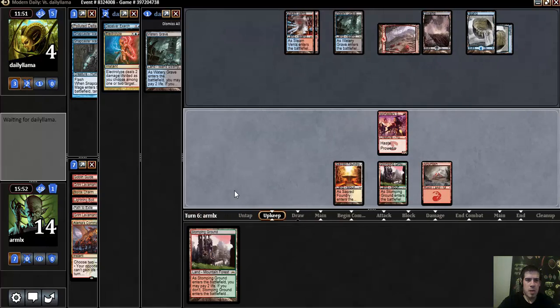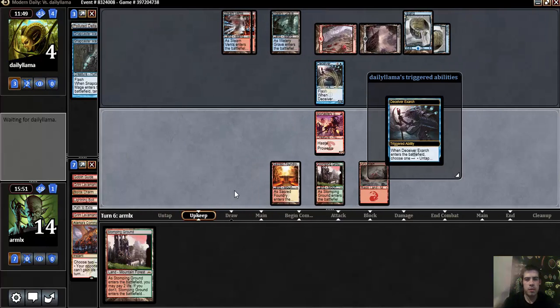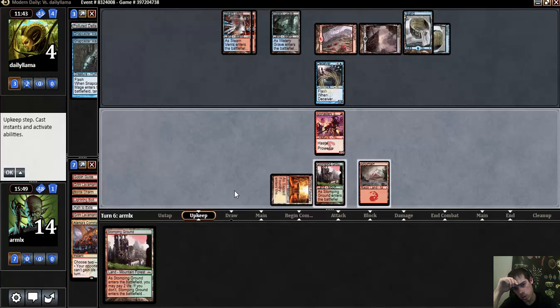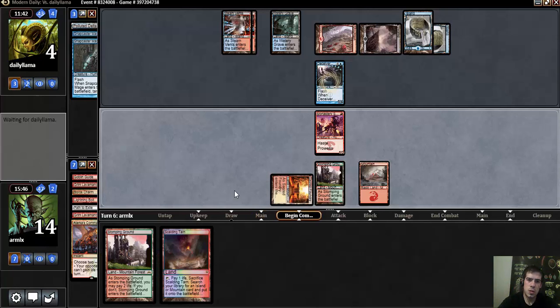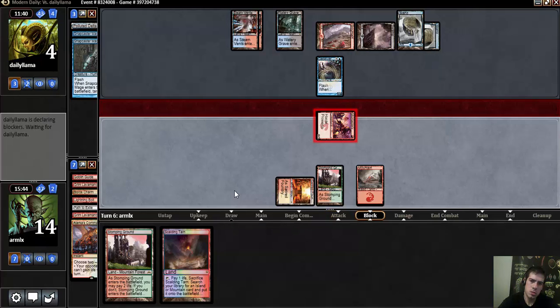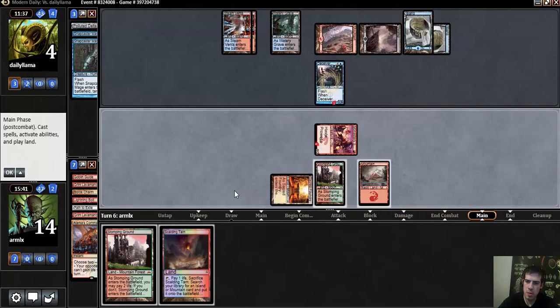I think actually the Goblin Guide might have won me this game. I'd have to see my opponent's full hand. It would have been interesting. See, the guy would have gotten bolted. I would have the Grim. Yeah, it's pretty marginal. Like, it's definitely correct to have had the Goblin Guide, but